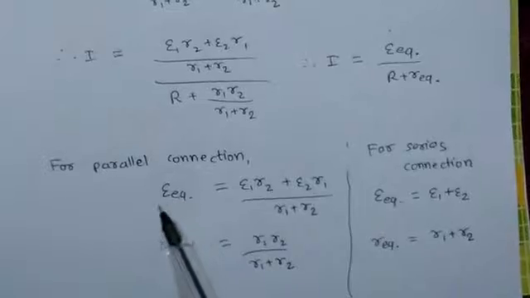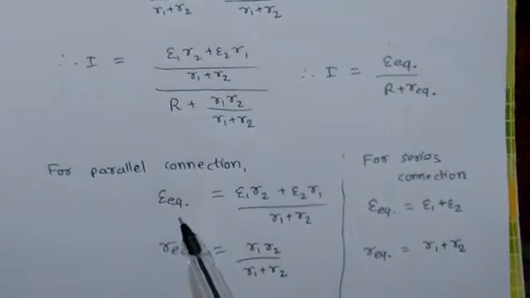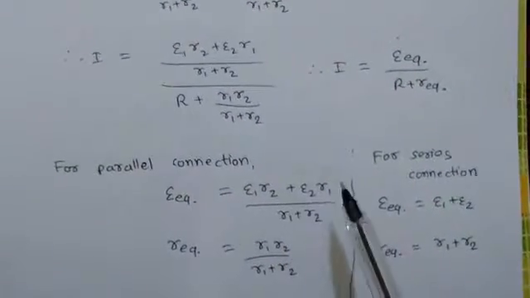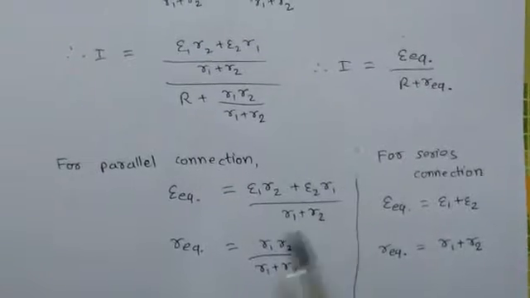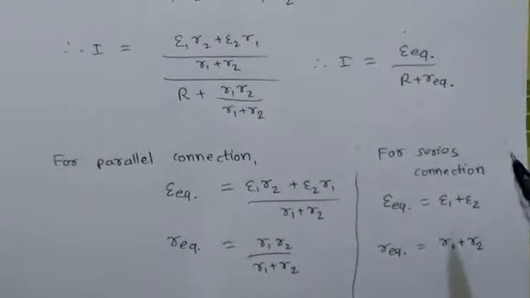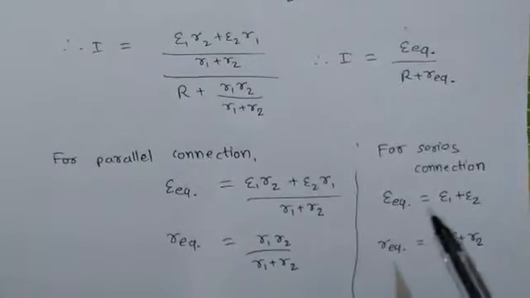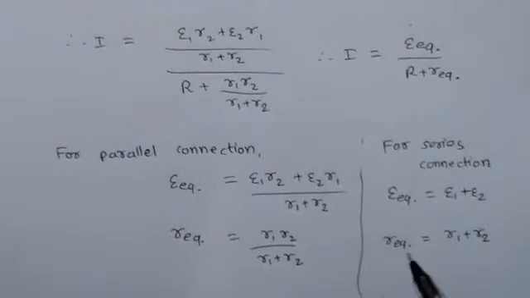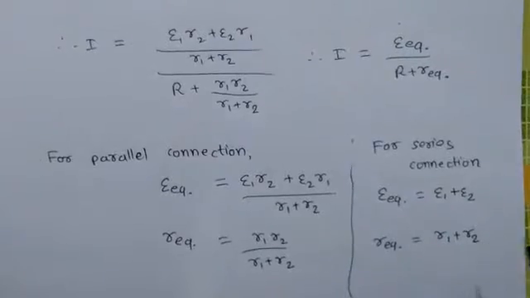So for the parallel connection, epsilon equivalent is (epsilon 1 r2 plus epsilon 2 r1) upon (r1 plus r2), and r equivalent is equal to r1 r2 upon r1 plus r2. And for the series connection of two cells, epsilon equivalent is epsilon 1 plus epsilon 2 and r equivalent is equal to r1 plus